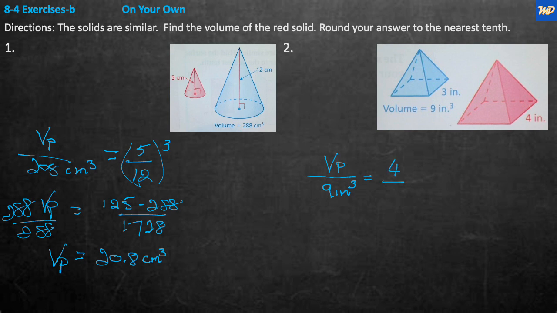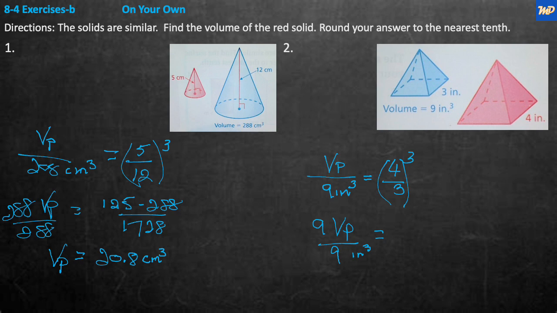And then we're going to divide that by 3, which is the blue one. And we're going to cube it, so that's multiplied 3 times, right? So we're going to be multiplying both sides by 9 now, because 9 times the V sub P over 9 inches cubed is equal to